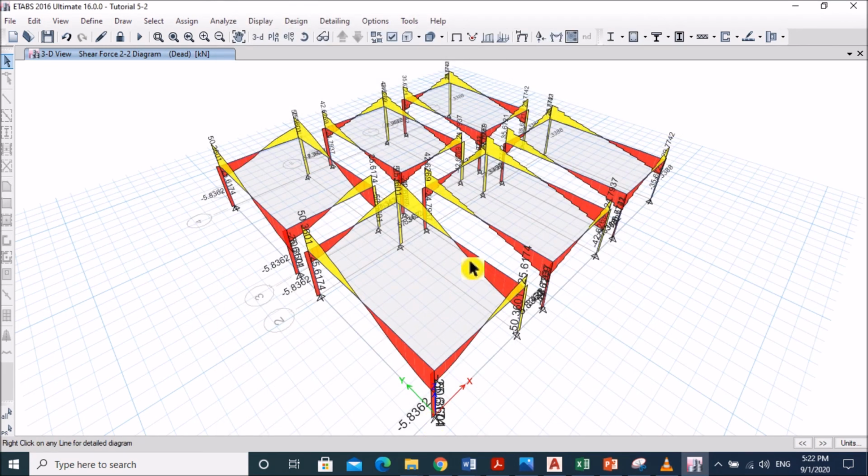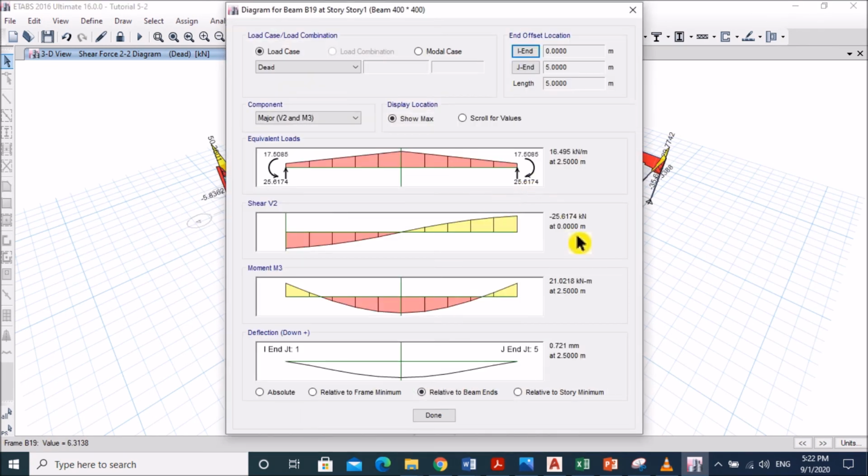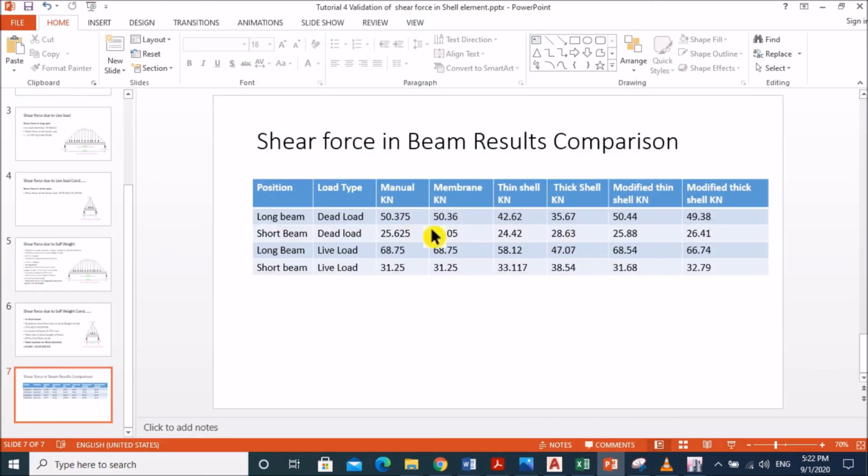Done. For short direction, it will be minus 25.6. It matches more or less 25.6.